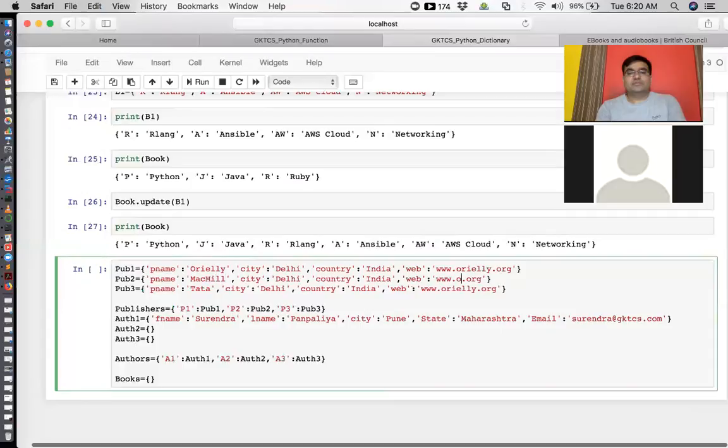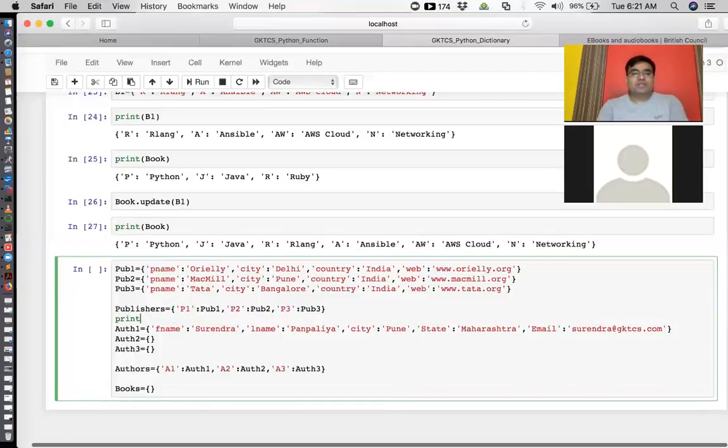So anything you take here is just an example. You may have BPB or something like that. This is just the name of the publisher, and then you may change some items, like here this is Delhi, you may have somewhere like Pune. Any city you can change. Yeah, they've already got modified. So now these 3 publishers belong to this publisher, right? Now if you print these publishers,